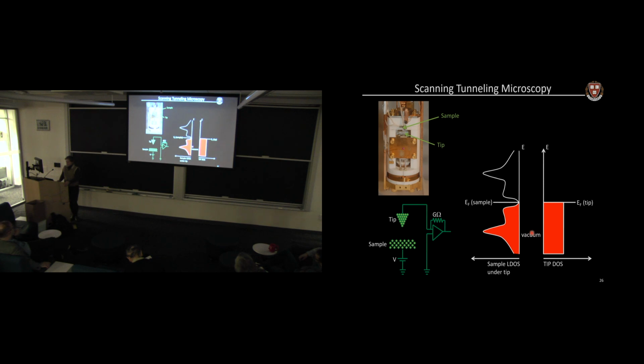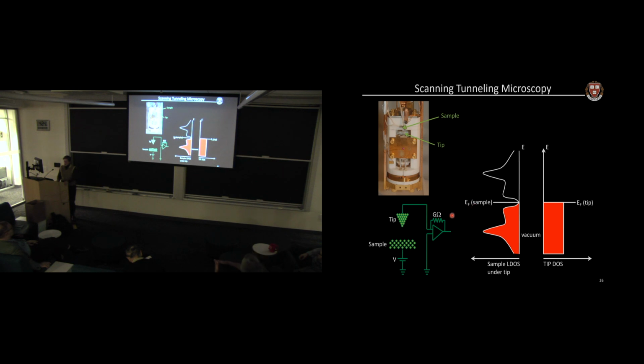So if you look over here to the right is the way an STM works. So first I've drawn over here the density of states of the tip as a function of energy. And usually you see this sideways. So if you kind of turn your head to the right, you'll see what you would usually imagine. The density of states is filled up to the Fermi level here. And we pick our tip to be a boring material like platinum or something that has a flat density of states and cuts off sharply at the Fermi level at low temperature. And then we have our sample density of states, which is what we're actually interested in. This is what we're going to use ultimately to tell us about the electronic structure of the material.